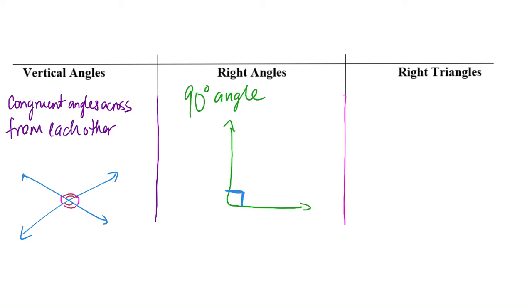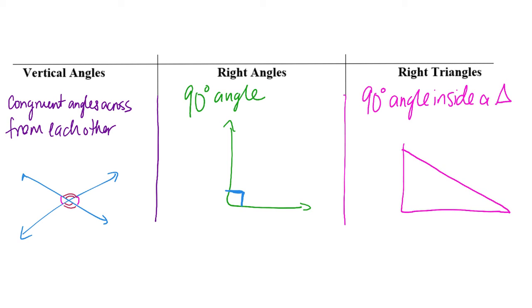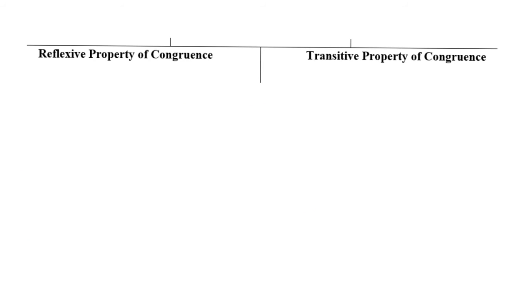A right triangle is a 90-degree angle inside a triangle. So if I have a triangle and I have a little box marking the corner, then that is a right triangle. The last of the definitions, the reflexive property of congruence, says that anything